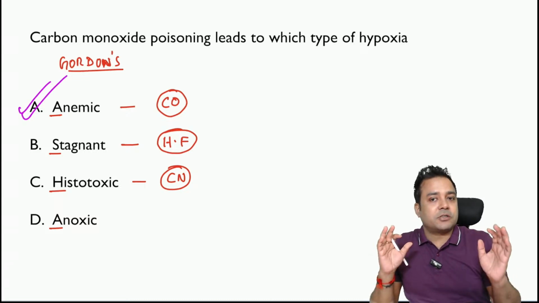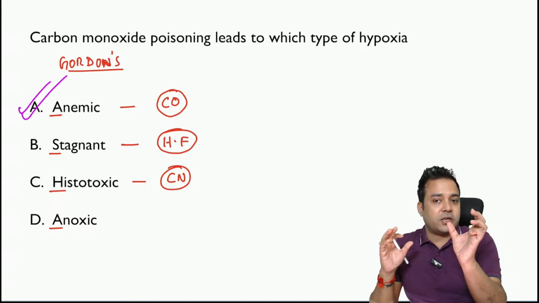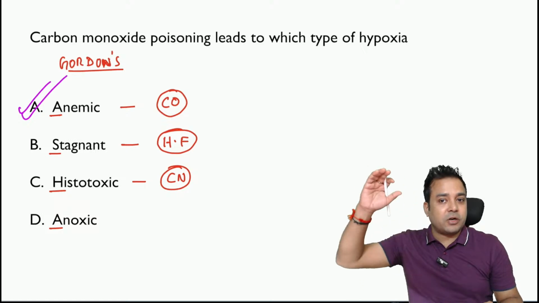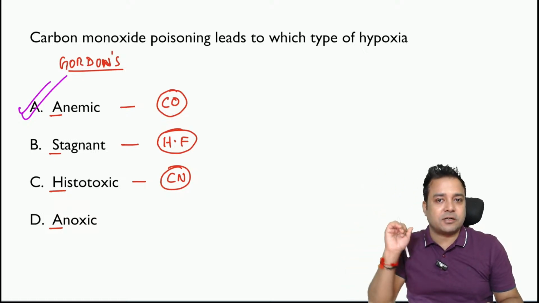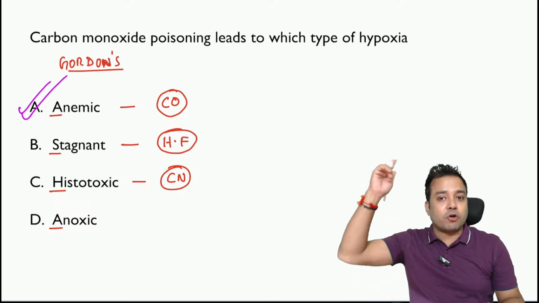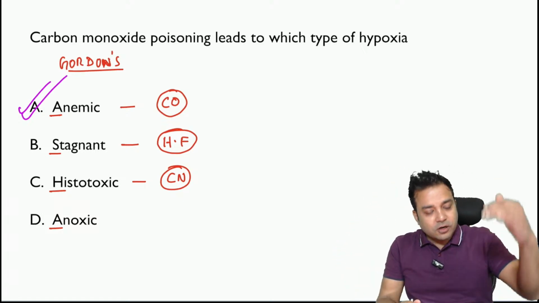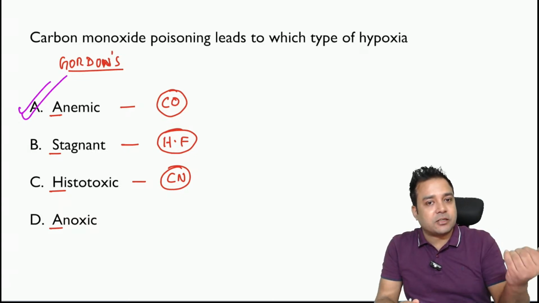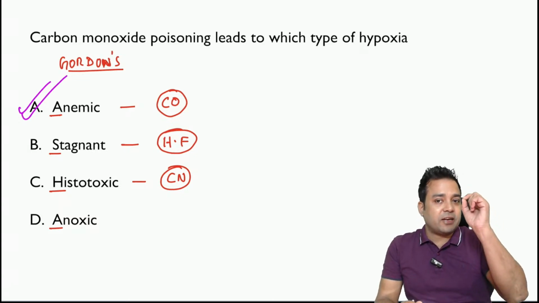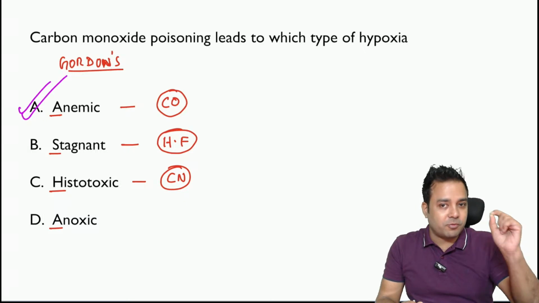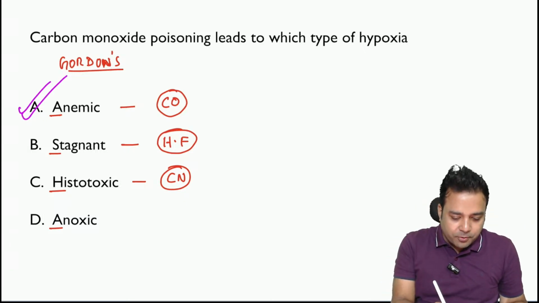Before that, death of the person has occurred. Because when this COHb level reaches 70 to 80 milligram percentage, death of the person occurs. To inhibit complex 4, the level needed is much higher. So that is why initially it leads to anemic hypoxia because oxygen carrying capacity of the blood is reduced. But cyanide even in low doses inhibits complex 4. Remember this simple thing. Anoxic hypoxia के लिए example है asphyxial deaths,